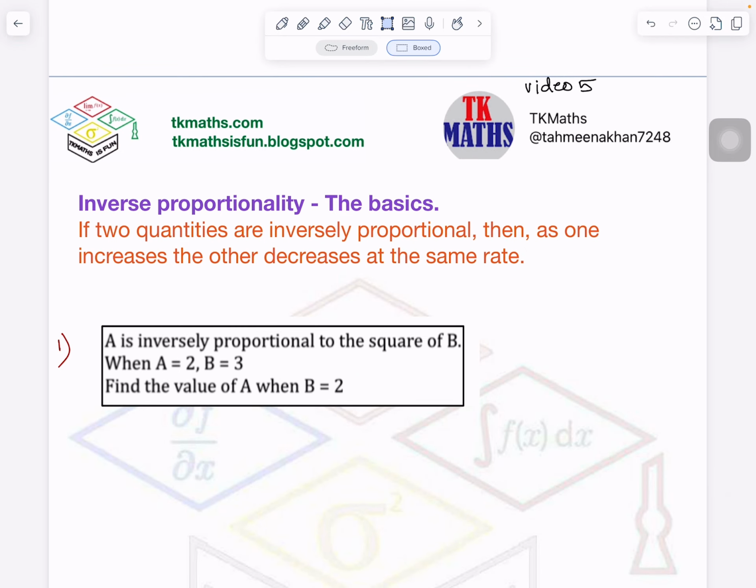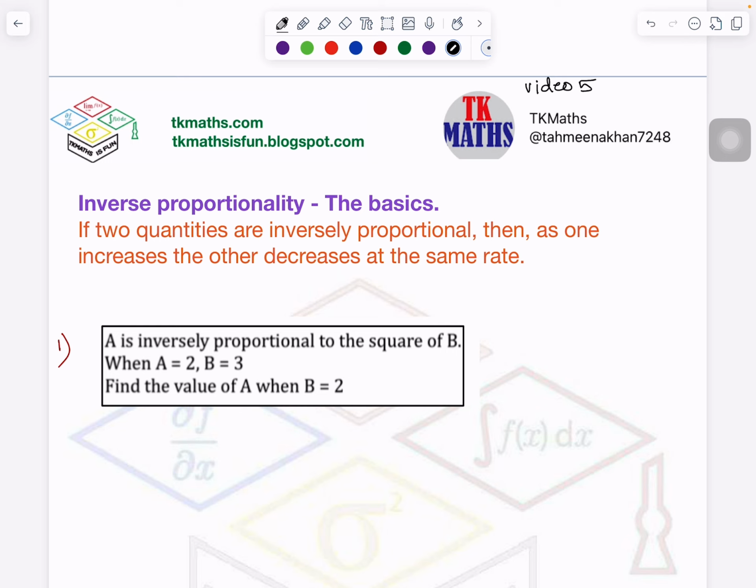Number 1 is, what is inverse proportion? Inverse proportionality is basically when one factor increases, the other decreases, or when one decreases, the other increases. So what do I mean by that? For example,